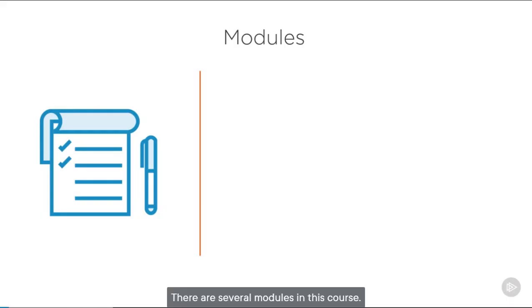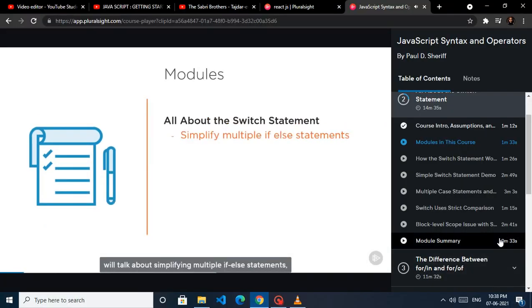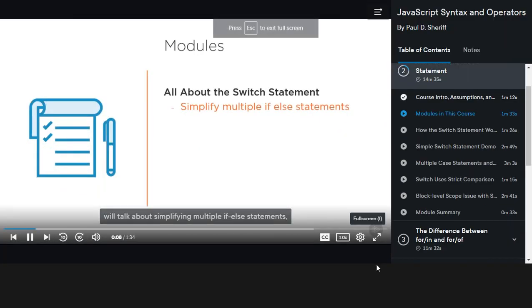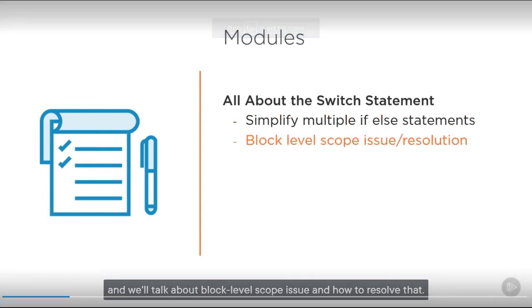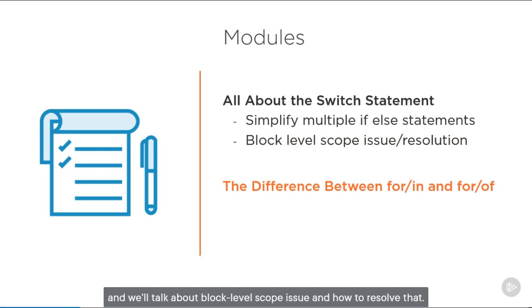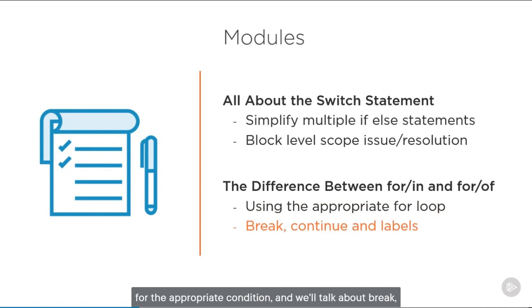There are several modules in this course. This first one, all about the switch statement, will talk about simplifying multiple if-else statements, and we'll talk about the block level scope issue and how to resolve that. The next module, the difference between for in and for of loops. So we'll talk about using the appropriate for loop for the appropriate condition, and we'll talk about break, continue, and